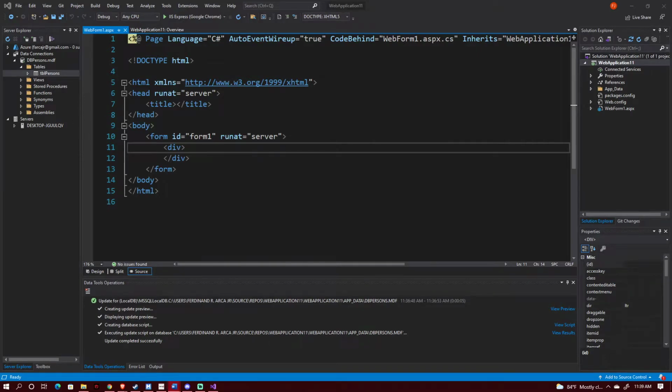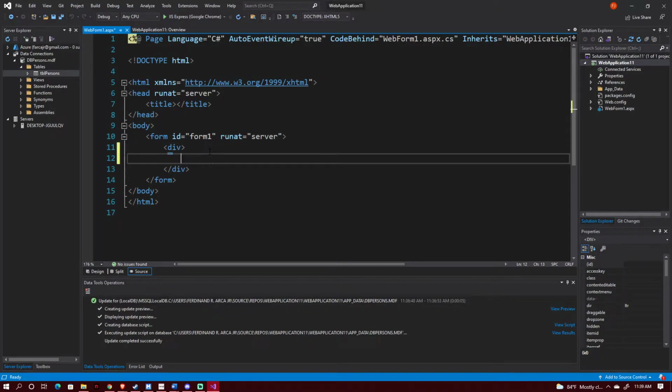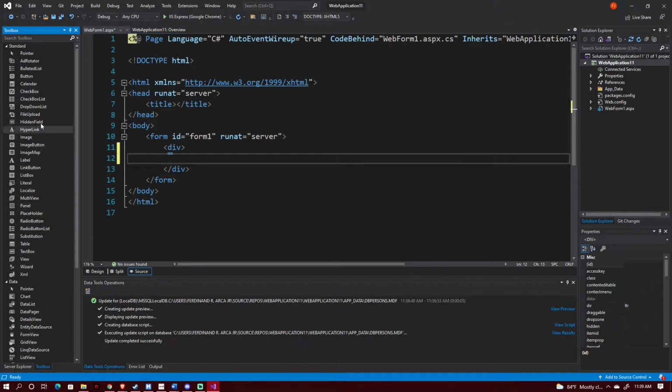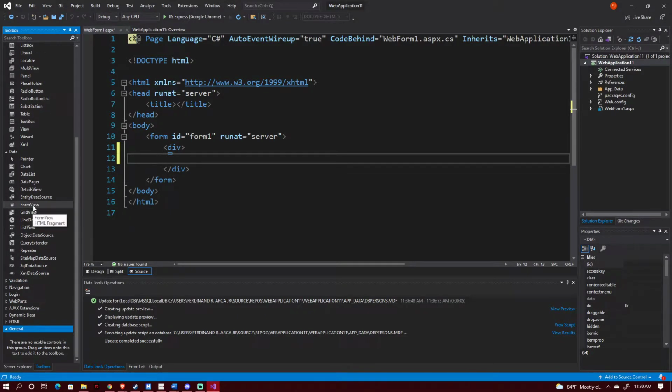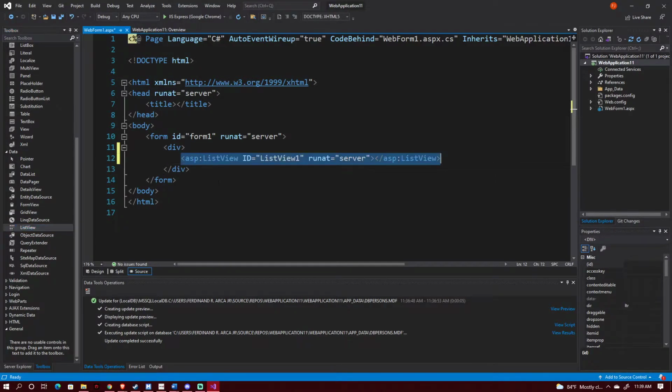So the first thing that we need to do is, on this area of the body of our HTML and our toolbox, click on a list view. Go to the data category and then click on the list view and drag it into the design. Right now it's not yet configured,